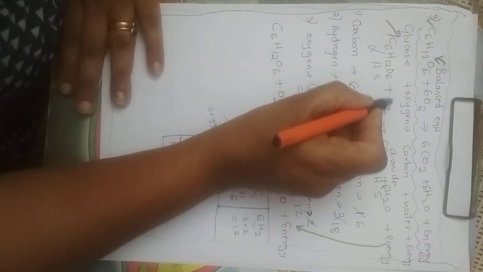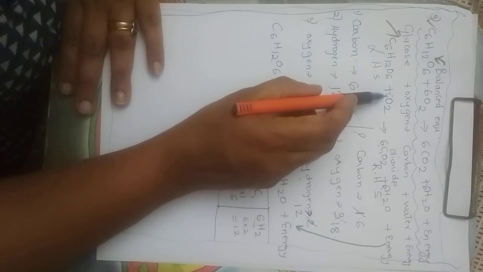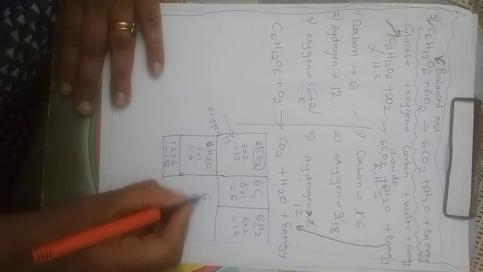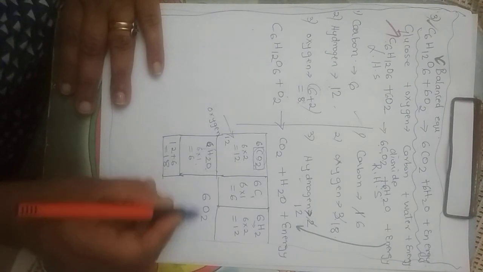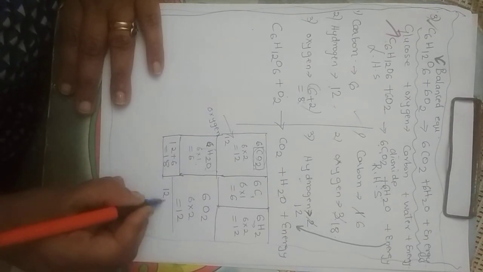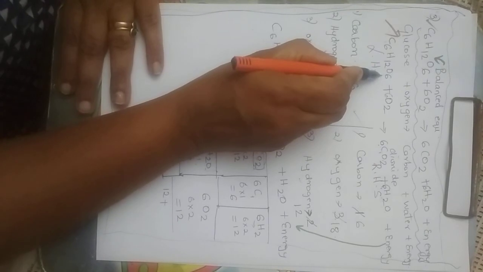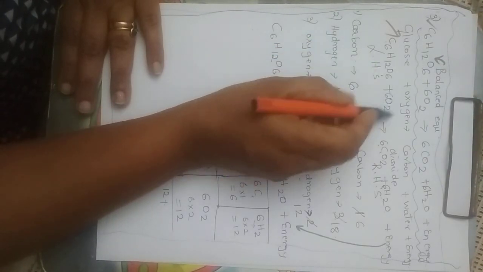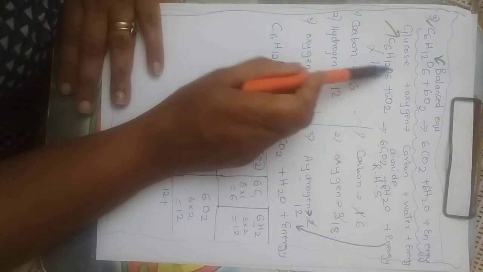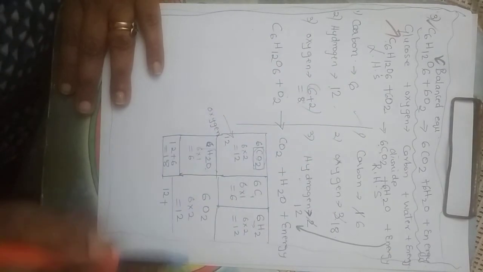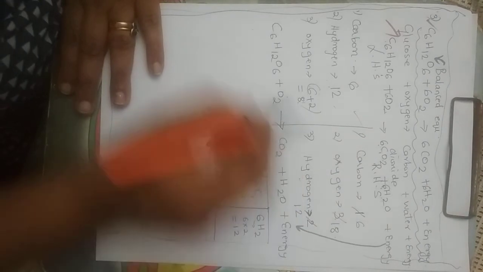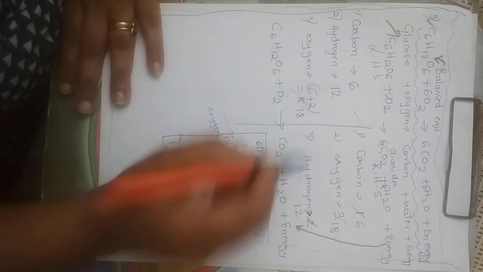If I take a pencil and put a 6 here, 6 2s are 12. Let us add and see. Now let me write here 6O2. So as I told you, this 6 into 2, 6 into 2 is 12. Now 12 plus this 6. Look at my pen, because I am only talking about oxygen now, because I want to balance oxygen. So 6 2s are 12, 12 plus 6. Am I getting 18? So we cancel oxygen and put 18. Am I getting the same?